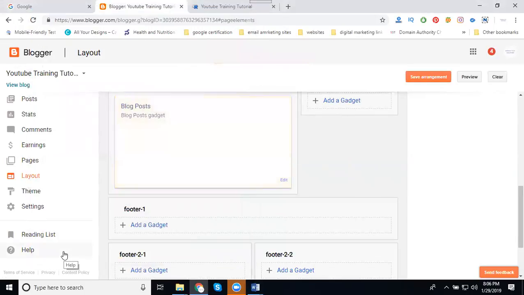We enable only the comment and share button, and disable date, time, author name, location and labels. Labels are optimized keywords for your content. They are not visible in the header part or in front of your website, so I disable the labels option. After adding the content, what happens if labels are there, and what happens if they are not? We'll discuss that in the content part. I'm clicking save arrangement.